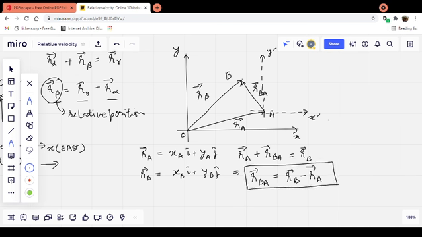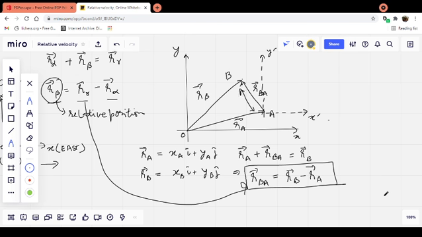So as you would see, this result is pretty similar to what we have calculated in the example which we took. In the first example, we were trying to observe an object O1 with respect to two different observers P and Q. In this case, we are trying to observe point B with respect to point A. So what is the relevant equation? So this is the relevant equation, and this is what we have to focus on. That if I want to calculate the position of B as seen by A, that means I'm trying to look for this particular vector.